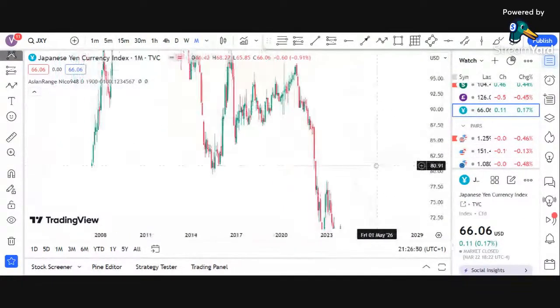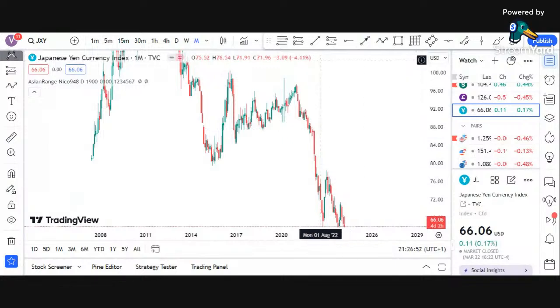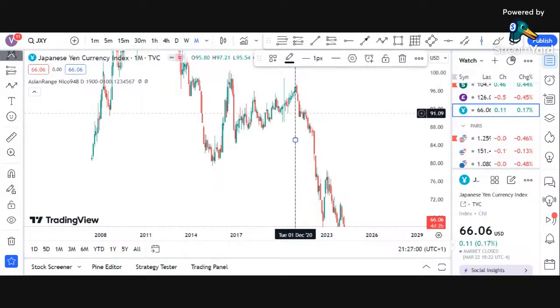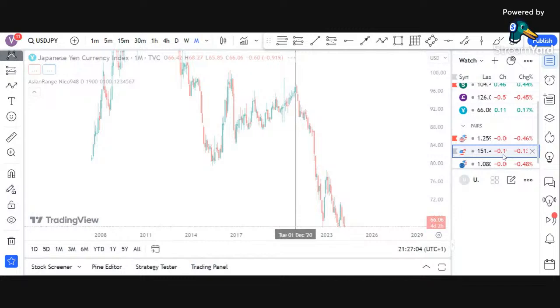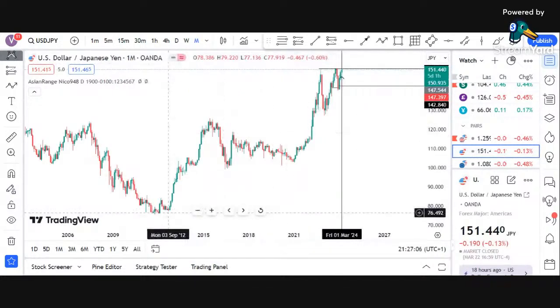If you look, this is why for months now UJ has been going up. If you look from December 2020, if you go to USDJPY, you see that from that December 2020,